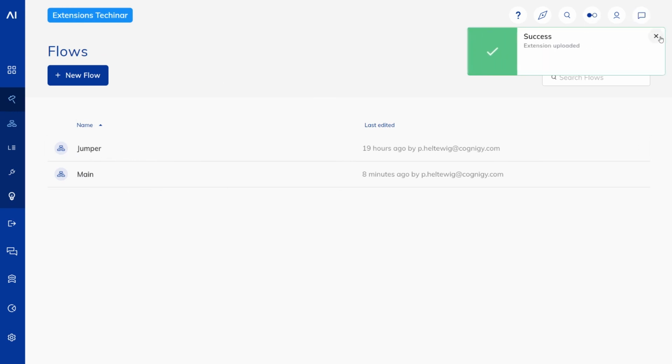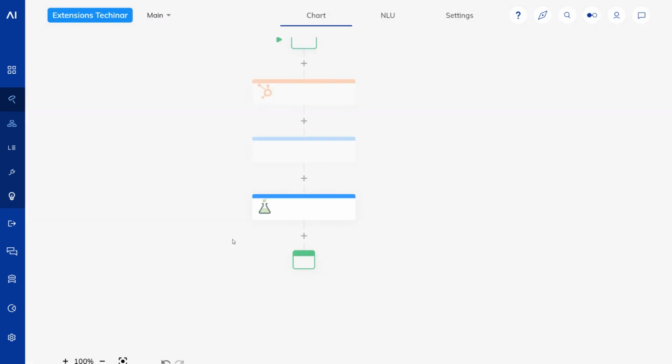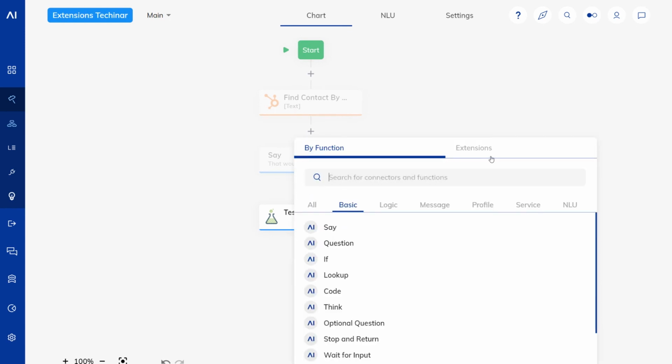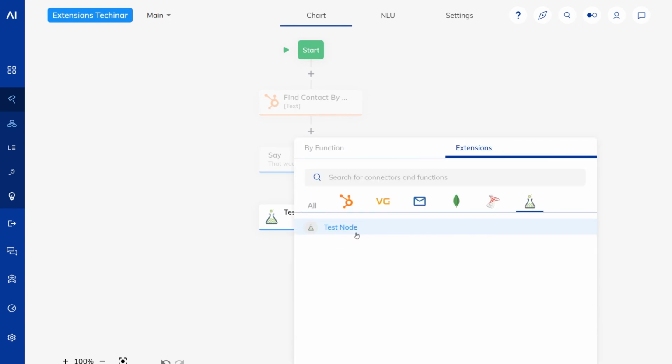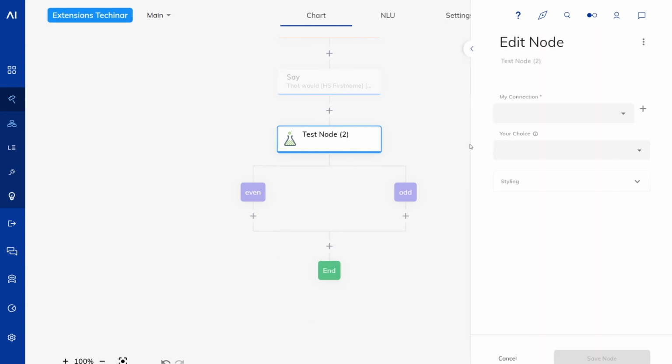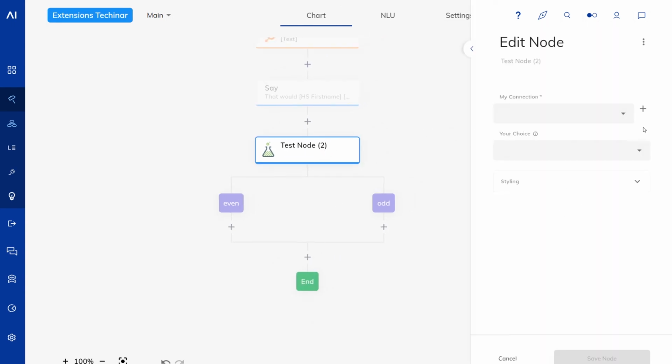Now, one thing you will note is that we will not append new children to existing nodes, because these children are actually created when the node is placed. So you can see here we now have even and odd, but this old node doesn't have that. So let's delete this old one. We can select the connection we already had, and then on the choice we place the number node. And here we choose a number, so let's choose an even number, which is 10.